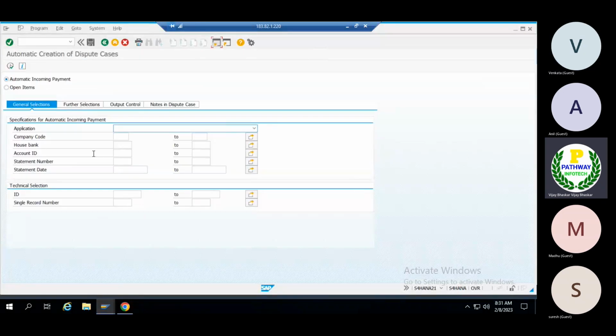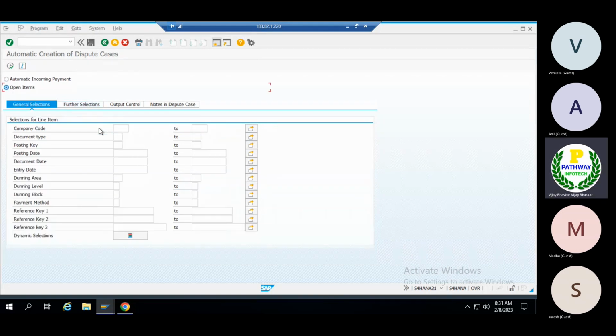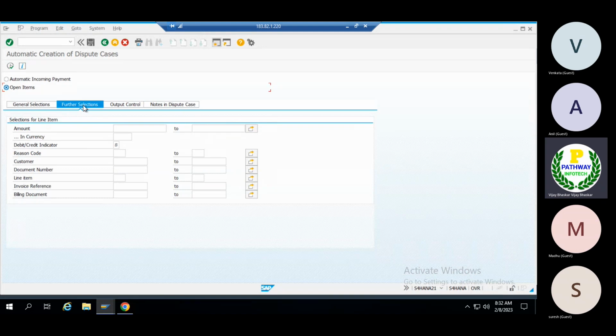If I go inside this one, we must maintain some criteria here: what is the company code, what is the house bank, what is the accounting ID, then further selection, automatic incoming payment. Based on payment wise you want to create, or for open items, company code, document type, posting key, whatever you want, the further selection, dynamic selection is there. But see, no one will go by the automatic creation, since the system doesn't know for what purpose we are